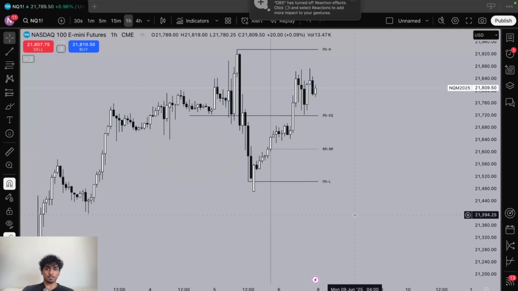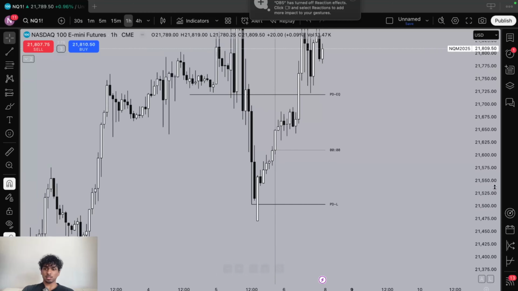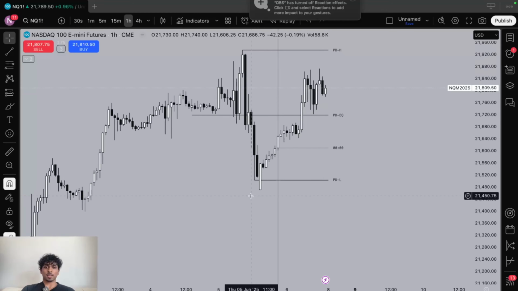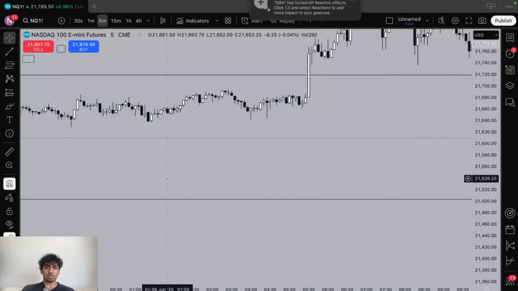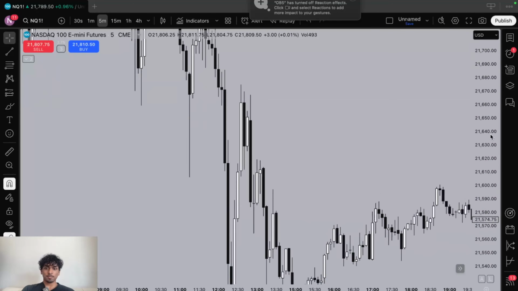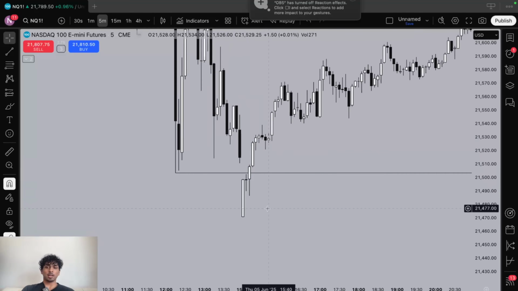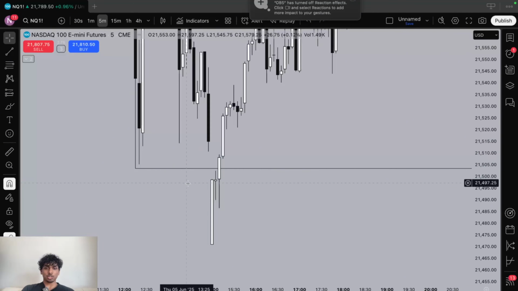All right, so the reason why I was on Asia session yesterday was because I was actually recording a trade recap at this time, and I noticed that Asia session ended up gapping down and taking out previous day low. All right, so if we go down to the lower time frames, you can see it a little bit more clearly. So Asia opened lower, we took out previous day low, and whenever I trade Asia, I usually target gap